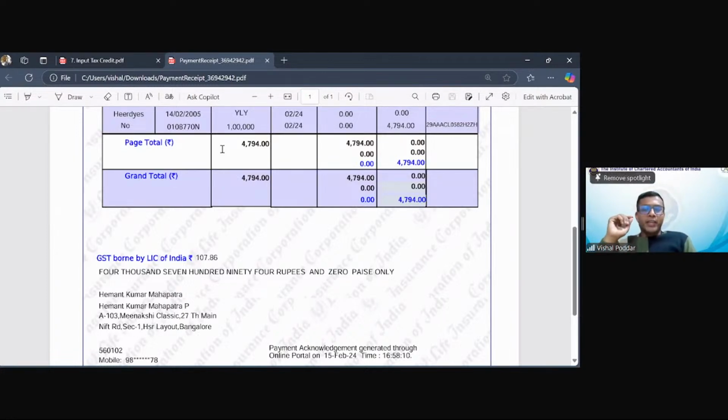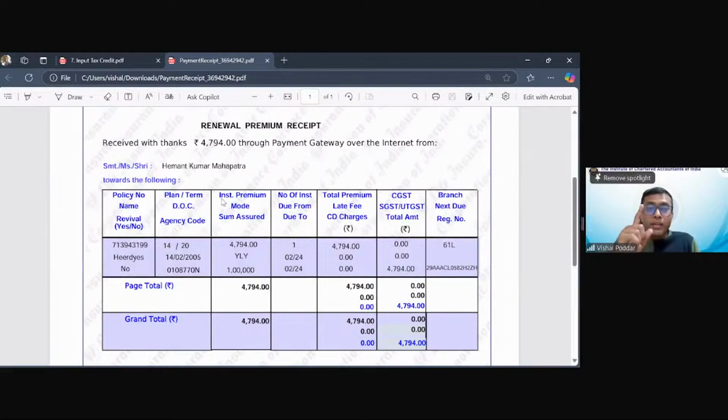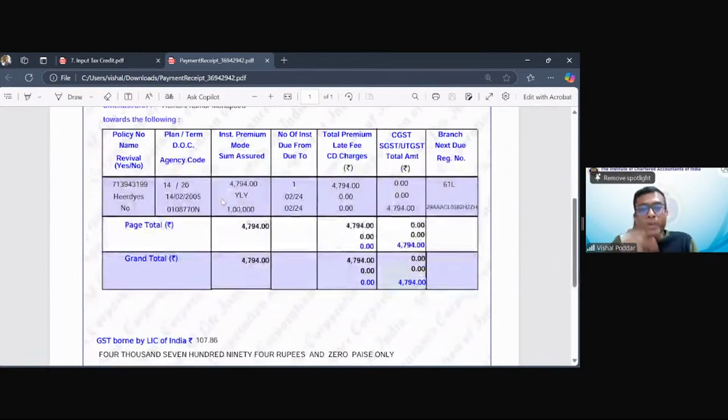So they are very smart. Now see, these are all business tactics. What happens when you are comparing different companies' plans? You need to know what is the total outflow that is going out of your pocket. Now it is clear that you are not going to get any ITC of this, correct? Because it is personal. That is why they include it, and just to show off, I'll use the word show off, how much they care for you. They are showing it like this, that it is borne by LIC. Even if it is borne by LIC, we know costing. Costing says that whatever is your cost, you add it to the price of the product. So in costing, they have included this in the price. Okay, sir. Understood now. Now, acha, do you remember, beta, what was the valuation rule?